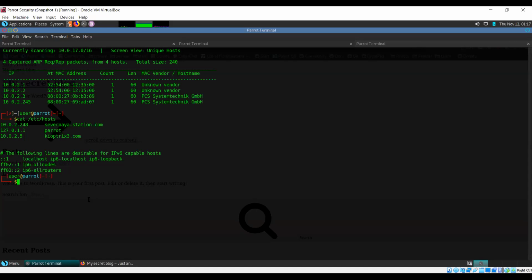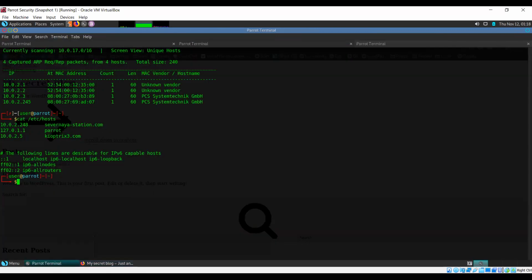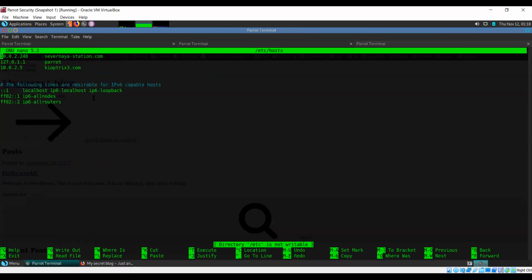So in this case, what is happening is it's looking for VTC sec, but no host. There's no host online that goes by the name of VTC sec, so the DNS server is not able to give it any results. So what we can do is edit this hosts file, and I can just use nano, and I can add this particular domain along with the associated IP address.